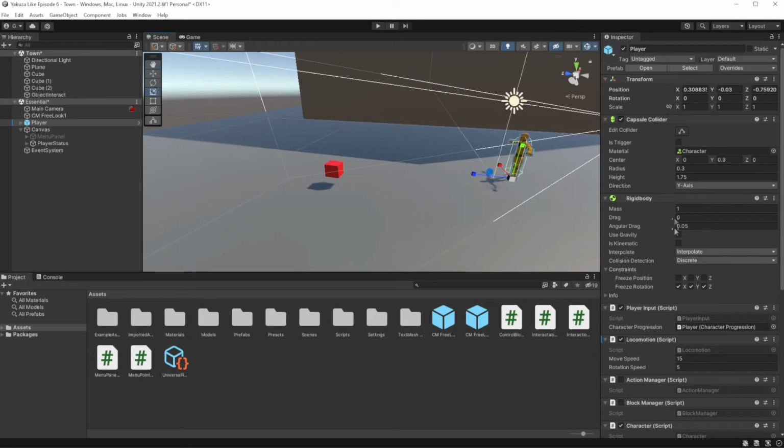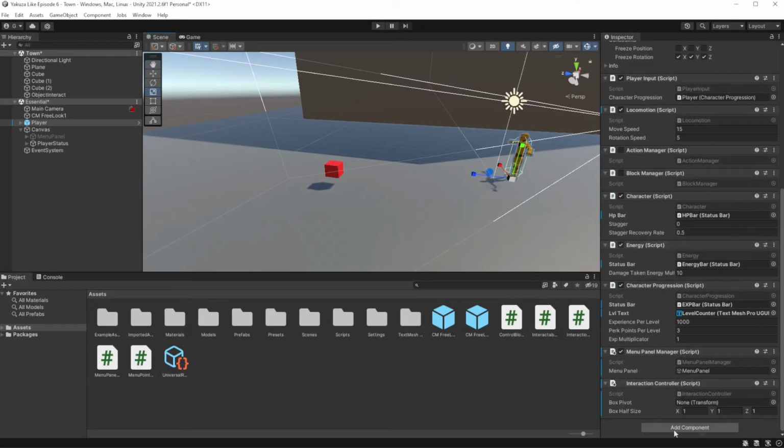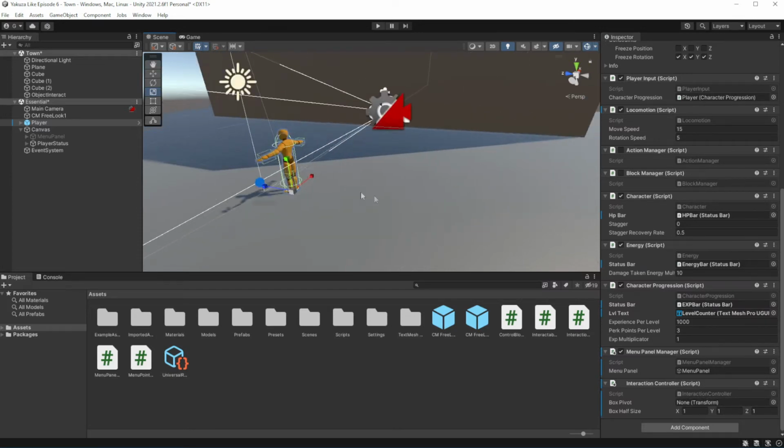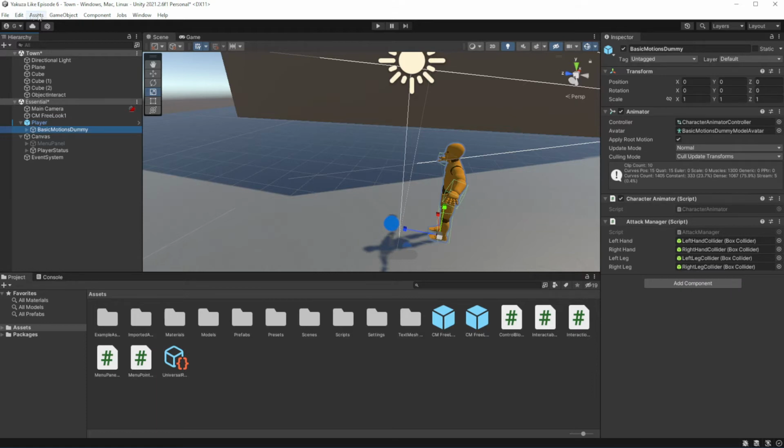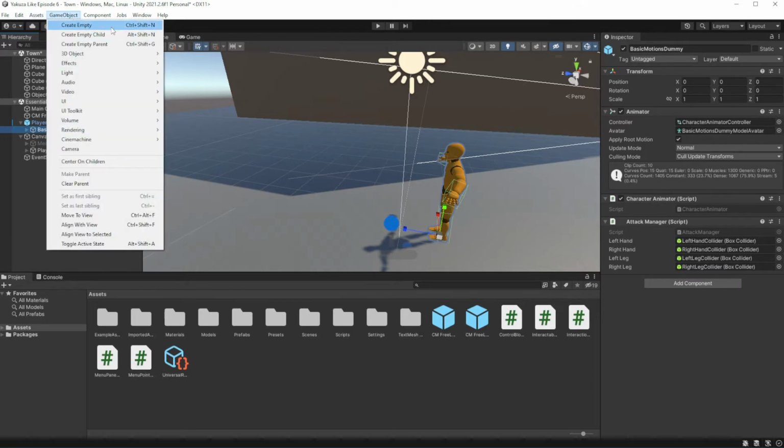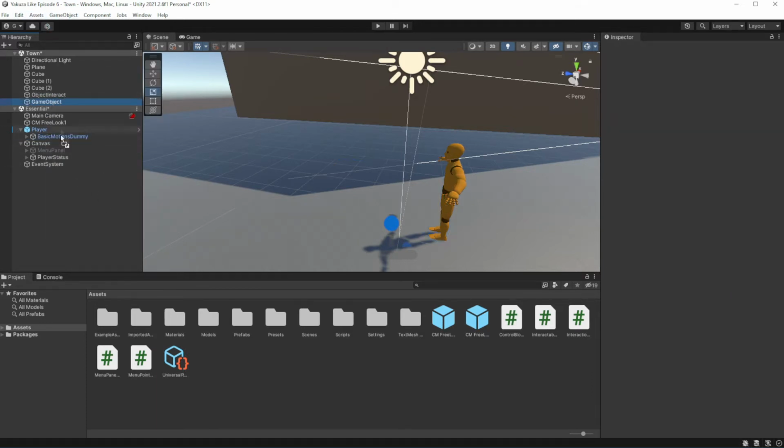Back to the editor, we need to create an interact pivot object on the player. Place it in front of the player.